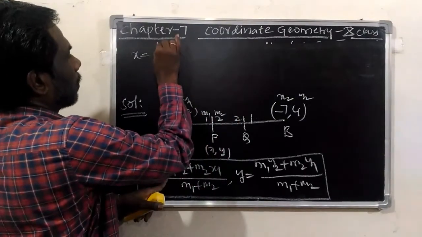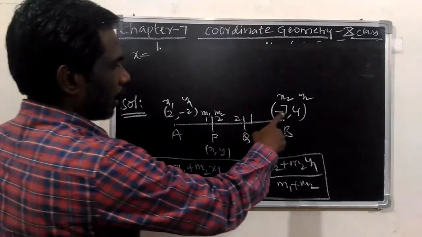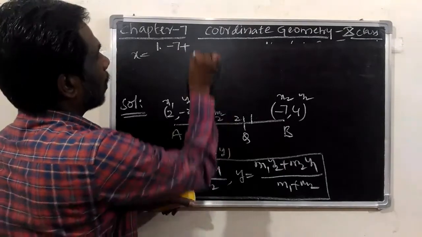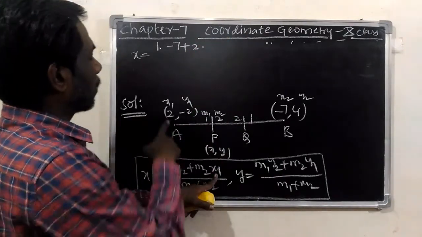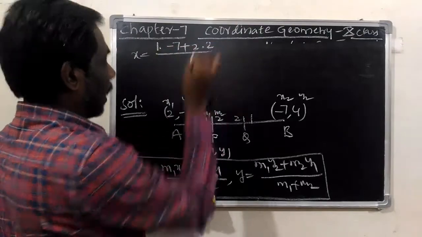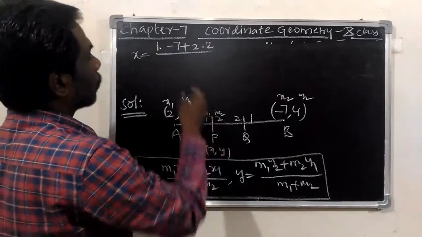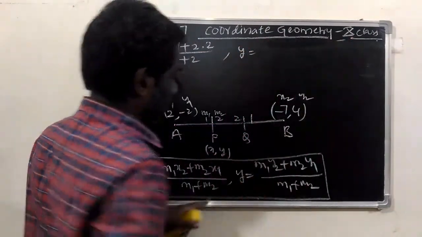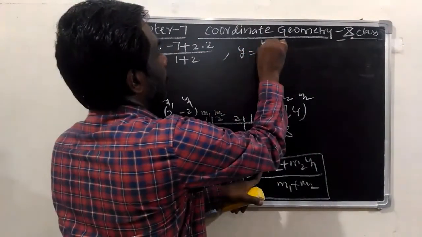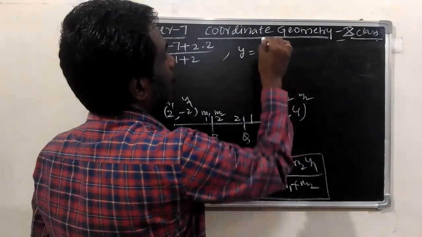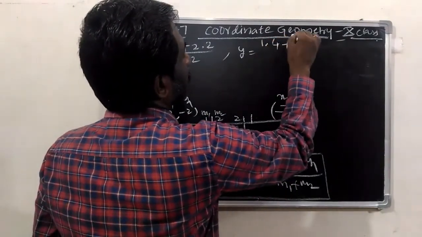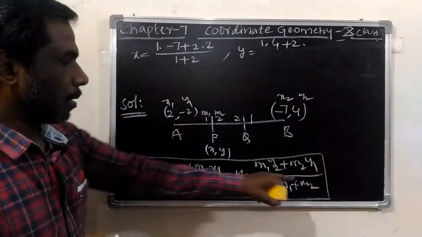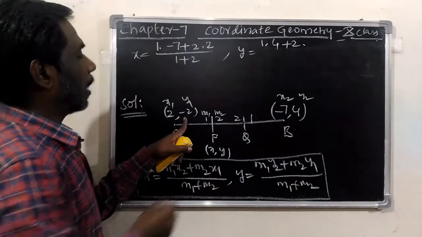x equals m1, which is 1, into x2, which is -7, plus m2, which is 2, into x1, which is 2, by m1 plus m2, which is 1 plus 2, comma, y equals m1, which is 1, into y2, which is 4, plus m2, which is 2, into y1, which is -2,